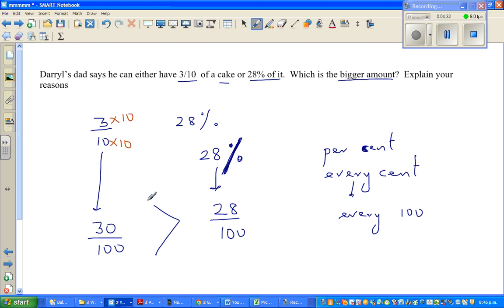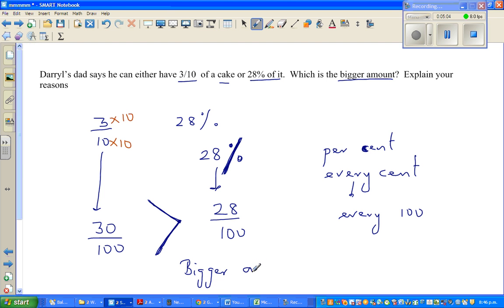This is the notation of greater than. I've had students who haven't understood the notation. A simple way to remember is this is the bigger part and this is the smaller part of this sign. So the smaller part is facing the smaller number and the bigger part is facing the bigger number. So 30 out of 100 is greater than 28 out of 100. Okay, so the bigger amount in this case